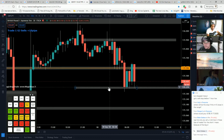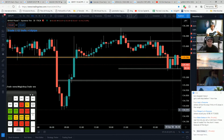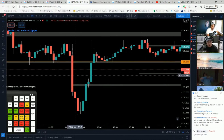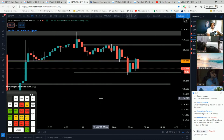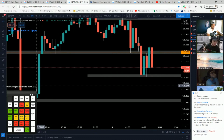Because if we break below here, we have this clean candle that went up yesterday at around London close. Remember this move down we had with interest rates? And I think someone mentioned yesterday that since the rates were kept the same, fundamentally nothing really changed, and then price corrected the whole move. Now if we break below this area, then we have a clean candle here